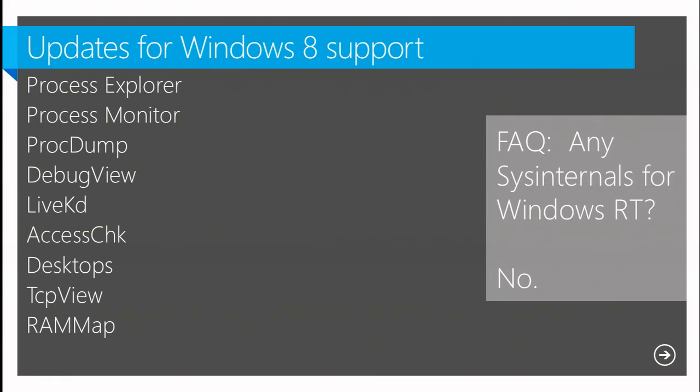They're limiting as much as possible desktop apps, Win32 apps, that run on the Windows RT platform. So if you have, for example, one of the Surface RT devices, there are no Sysinternals utilities available for that. But the Windows team assures us that there's no need to run Sysinternals utilities on Windows RT.